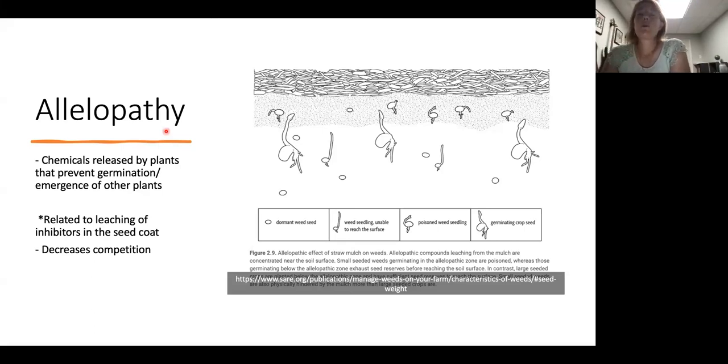And so what happens with seeds that have inhibitors in their seed coat is those chemicals are sitting there, and as they're exposed to rainfall, and so water starts going through the soil, it washes those inhibitors out. And so what's happening is that the seed is being released from its inhibition, so it can germinate, but it's put all the inhibitors out there so that its competitors from other species